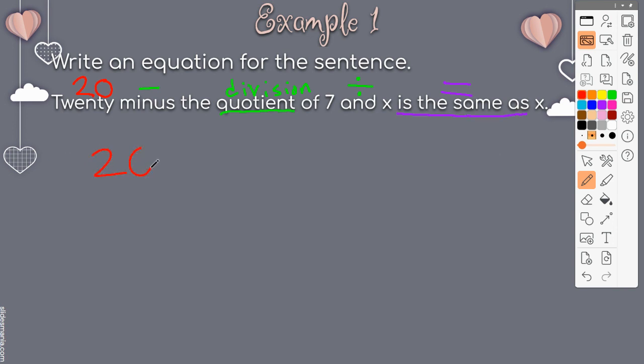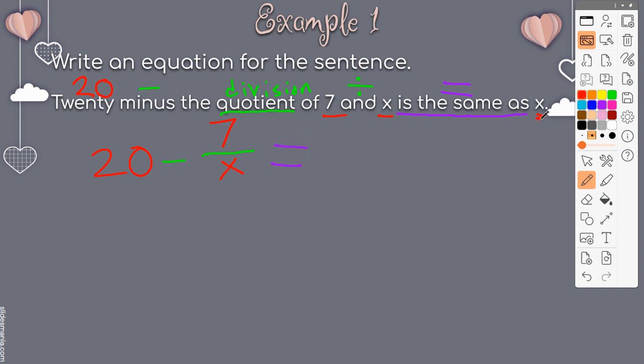So it's going to be 20 minus, that's the color I want, give me a second, minus. Now, another way to write the division problem besides using parentheses for a special word is going to be 7. This line, the fraction line, means division. 7 divided by x